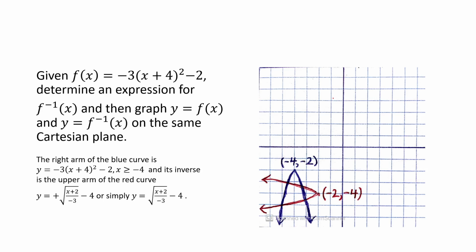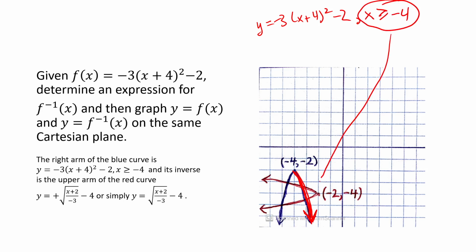Now, we can not just talk about one arm of a sideways parabola, we can also talk about one arm of a parabola that opens either up or down. If we want to talk about only the right arm of the original function, well, what we do then is we say y equals negative 3 x plus 4 quantity squared minus 2. But then we also say x must be greater than or equal to negative 4. By putting this little piece at the end, you've told me only look at the right arm of that parabola